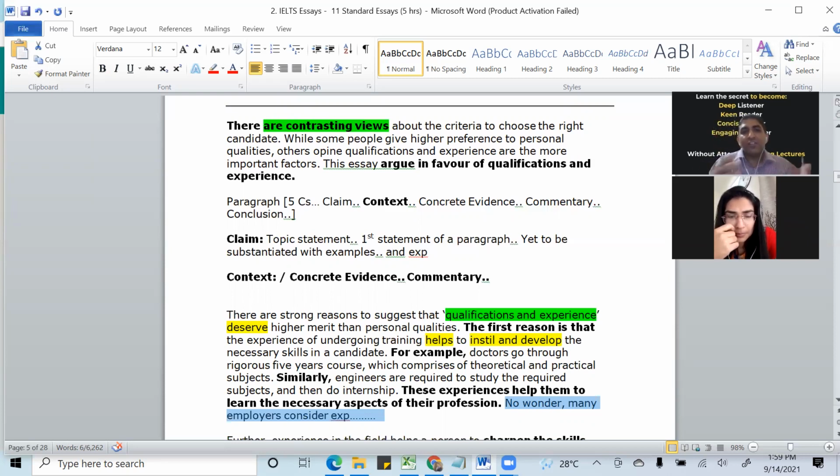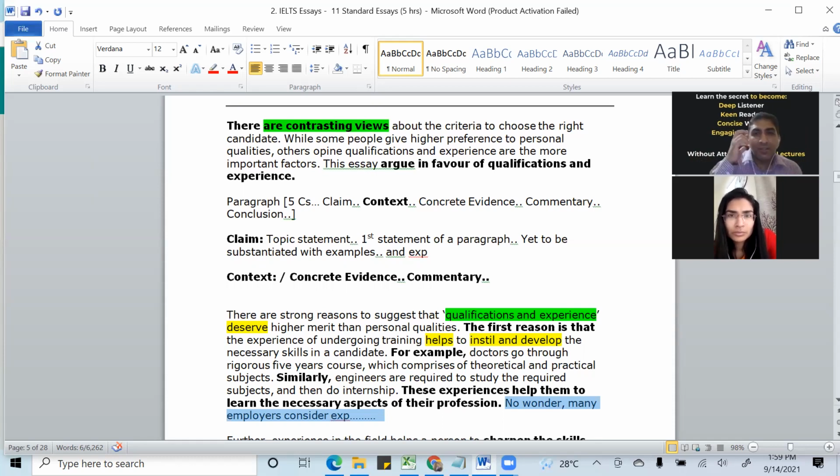But it's not necessary that you have to write it like this. You know, this is just a guideline how to structure a paragraph. किसी पैराग्राफ को कैसे स्ट्रक्चर करो, तो पहले क्लेम कर दो, देयर आर स्ट्रॉन्ग रीजंस टू सजेस्ट, भैया बहुत बड़े बड़े रीजन है, तो ये क्लेम है. फिर क्या कर रहे हो आप, कमेंट्री और कॉन्क्रीट एविडेंस दे रहे हो, लास्ट में इसी बात को समअप करने के लिए इन अ नटशेल बोल रहे हो, कि मैंने इसको समअप कर दिया. Like this, if you structure a paragraph, everybody would be able to relate to what you said